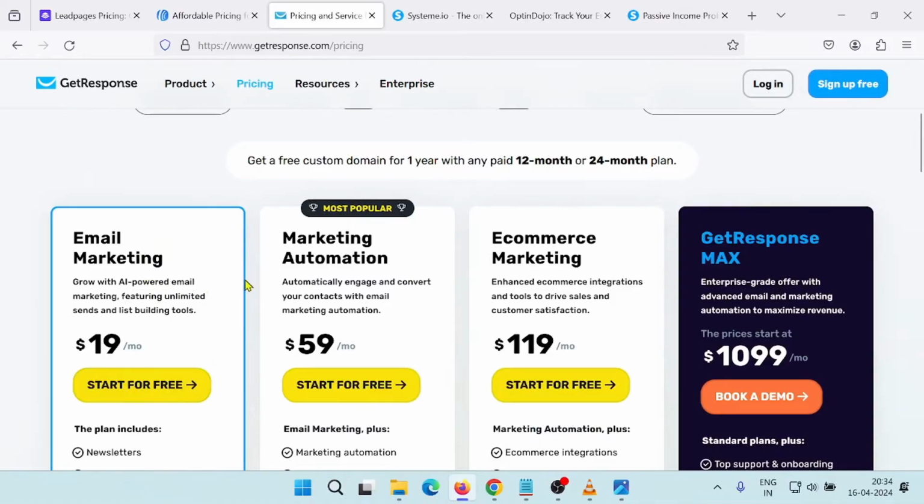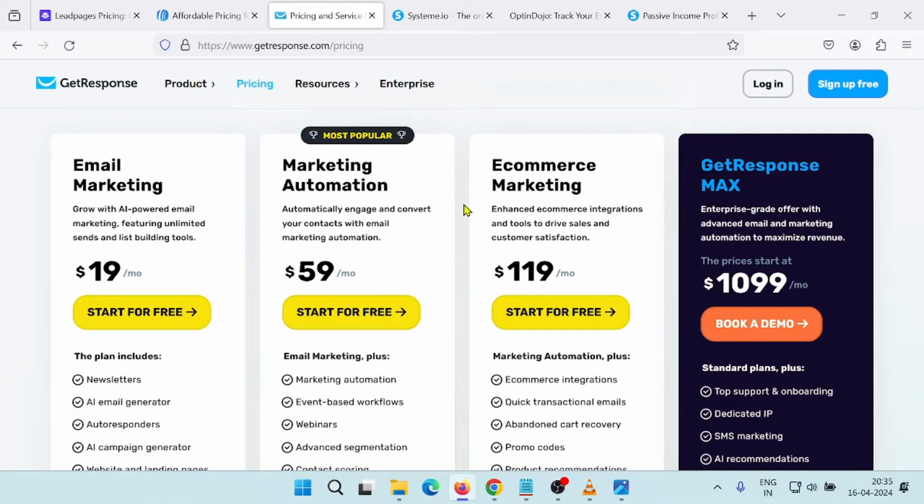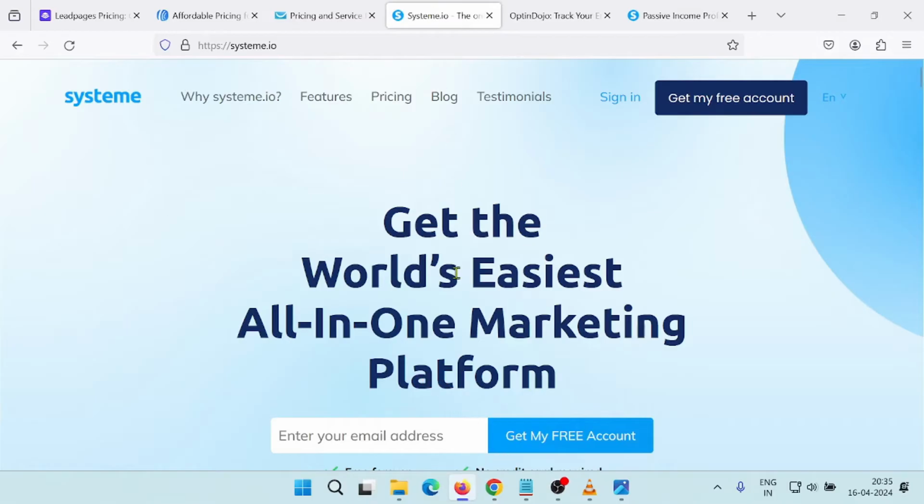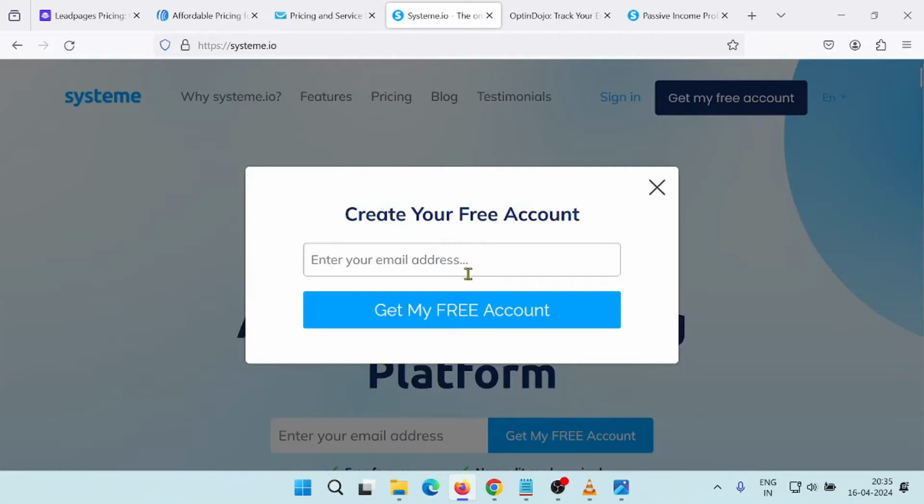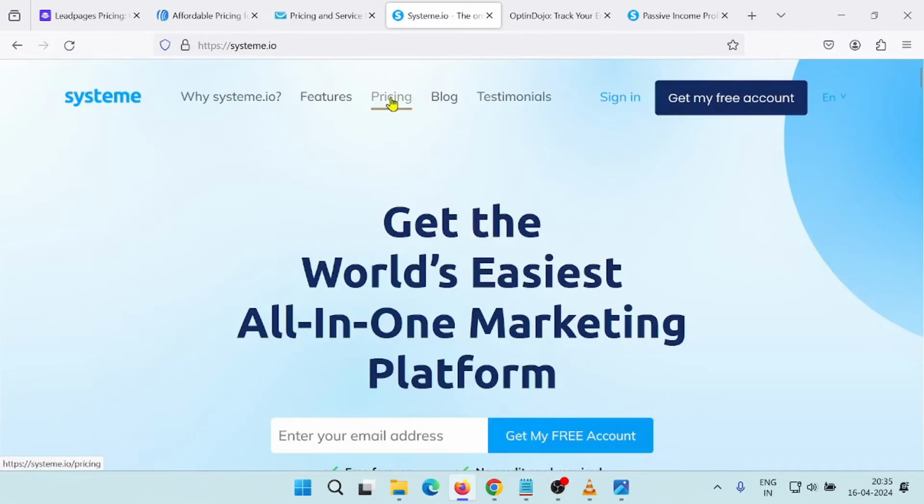email marketing. The next autoresponder that I'm going to talk about is system.io. Now, when you click on the link in the description box below, you will reach the system.io page. Now, you can click on the get my free account and you will be asked to enter the email address and get the free account. Now, when you click on the pricing button,